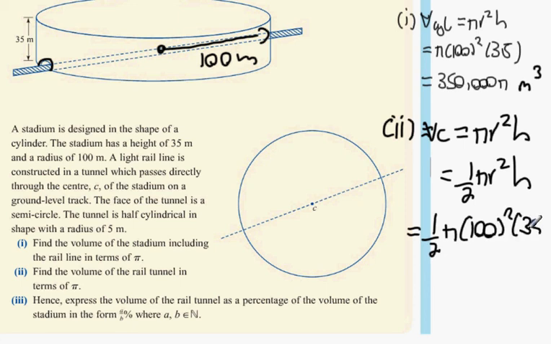The height is actually 200 meters, excuse me, because the height is the length of the cylinder. And the radius I'm just going to look for now. Radius is 5. It would have been way too big a number, so it's a half pi times 5 squared by 200. Because remember, the length of the tunnel is 200 meters. That makes the height 200 meters, and it tells you that the radius is 5. So this time it's going to be 0.5 multiplied by 5 squared multiplied by 200. 2,500 pi